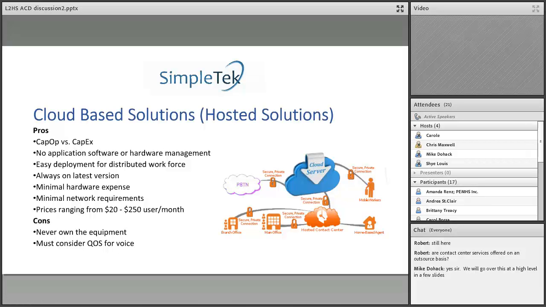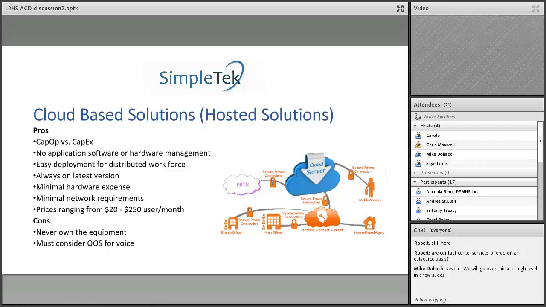You've got minimal hardware expenses because you can even reduce the cost of the phone calls by utilizing phone devices, by using mobile, using your computer as your telephone. And the network requirements change from trying to have the appropriate number of circuits to handle the appropriate traffic with the appropriate people doing it. So you're not spending money on that like you used to have to do.